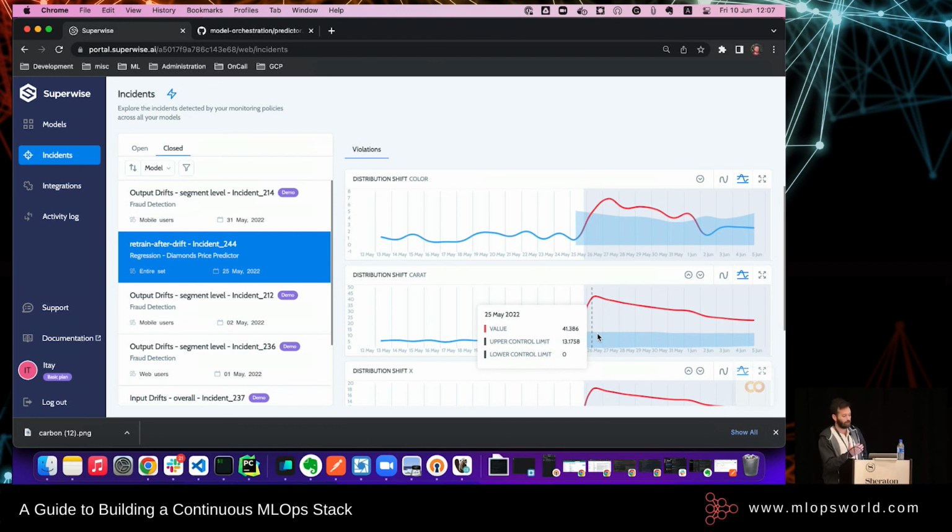Another would be to understand the entire data set, on the entire feature vector of both the prediction and the features. But the disadvantage of those two, while they're very common, is that we necessarily need the ground truth. We need the label itself.